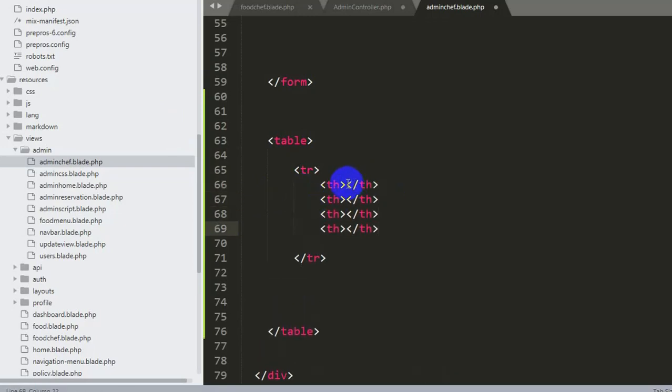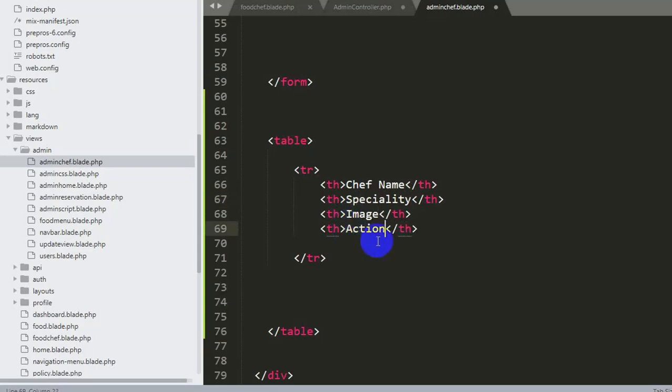Inside it we will show our chef name, specialty and image. So over here chef name, then specialty, the third one will be image, and the fourth one will be action.